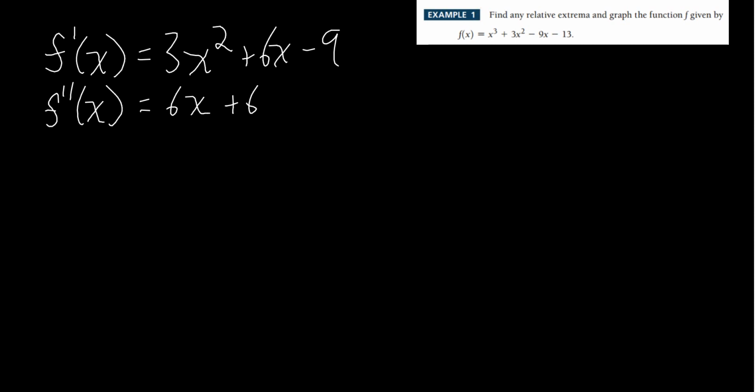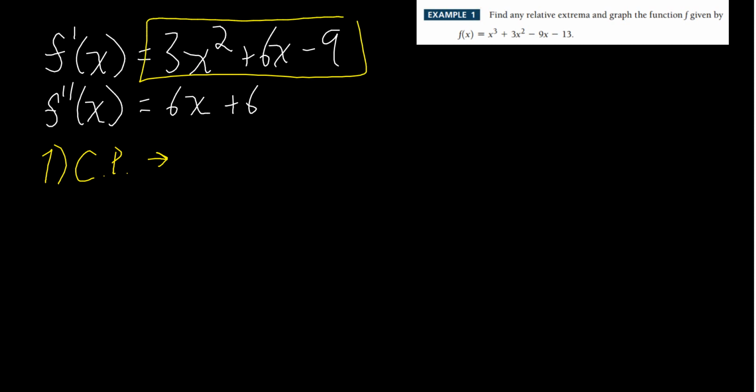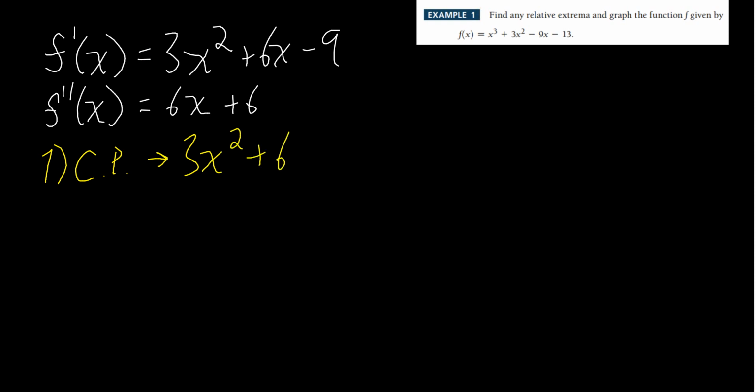Now the example wants us to find any relative extrema and then graph the function. In order to figure out the relative extrema, we have to get critical points, so let's do that. Step 1, we're going to find critical points, CP. To do that, we take the first derivative and equate it to 0: 3x squared plus 6x minus 9 equals 0. This is the exact same thing we did in the previous section, so it shouldn't be anything new. And so if we factor this,